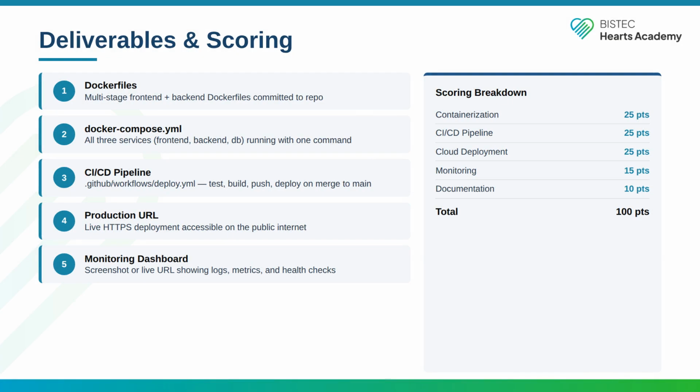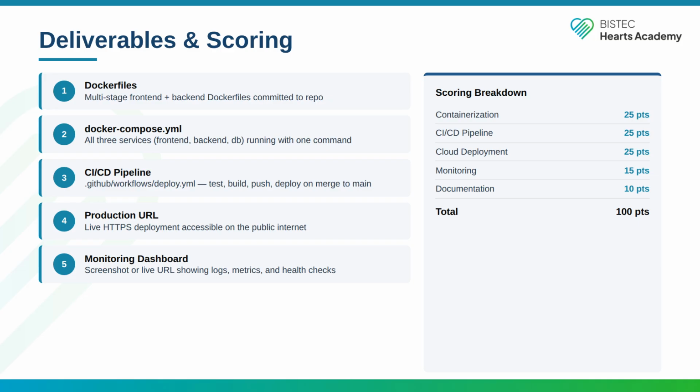The challenge has 5 deliverables worth 100 points. Multi-stage Dockerfiles for both the front-end and back-end, committed to the repository, are worth 20 points. A working Docker Compose YAML that brings all 3 services up with a single command is worth 20 points. The GitHub Actions workflow at .github/workflows/deploy.yml with test, build, and deploy jobs triggered on merge to main